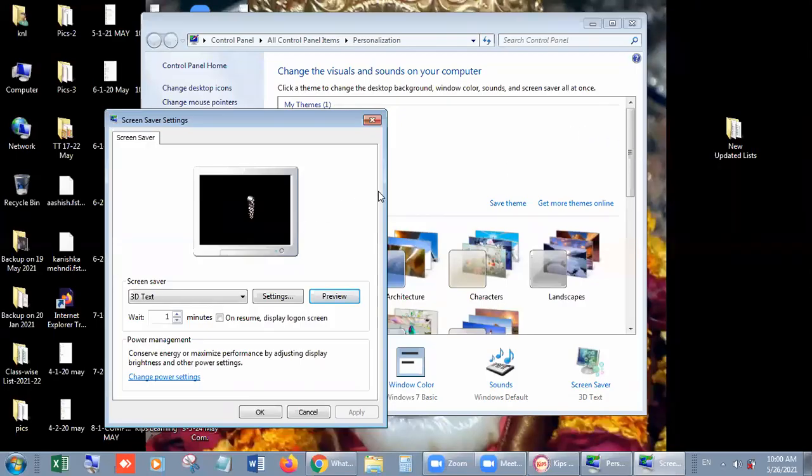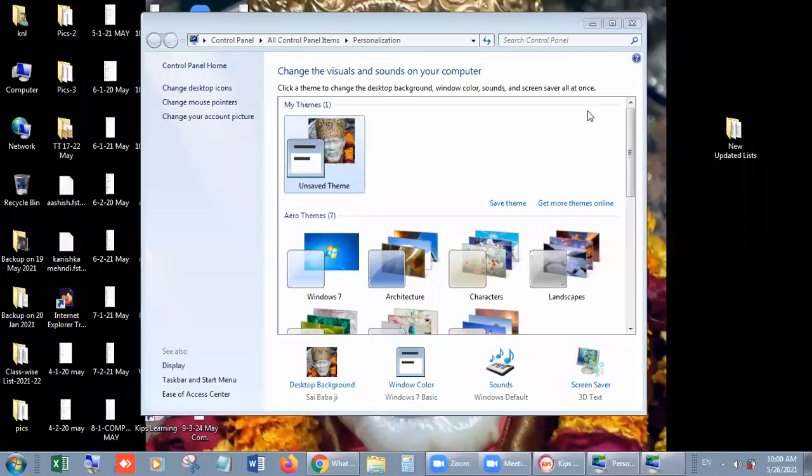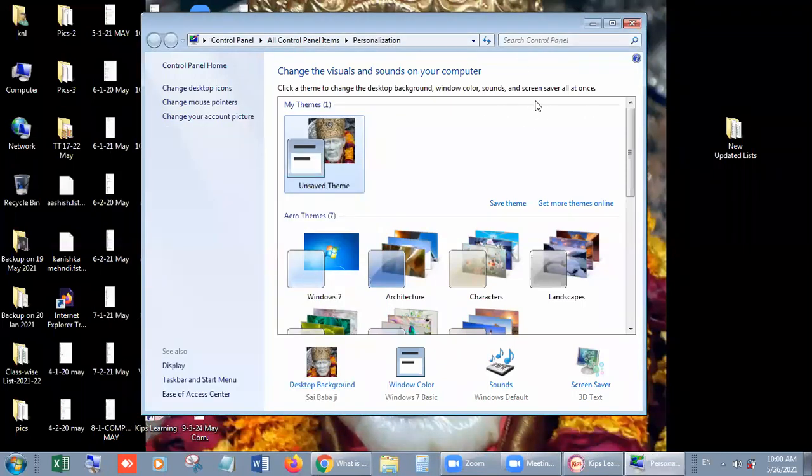Right? So these are the features in which you can set the screensaver and click on the OK button. Right, students? You can change the background as well, as I told you. You can change the size of screen, size of icons, you can say. Okay. So students, these are the commands which are related with today's lesson. And I sent the question answers of both lessons, lesson number 1 and lesson number 2. After this meeting, you will get them automatically in your group, right?